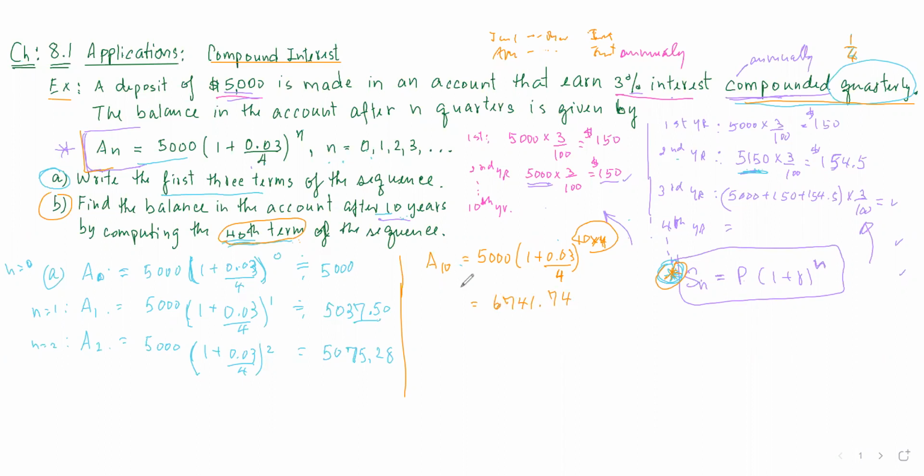So you can see after 10 years how much interest you got. You just take 6,741.74 minus 5,000. The amount left is the interest you earned after 10 years. Okay, I understand. So this is talking about